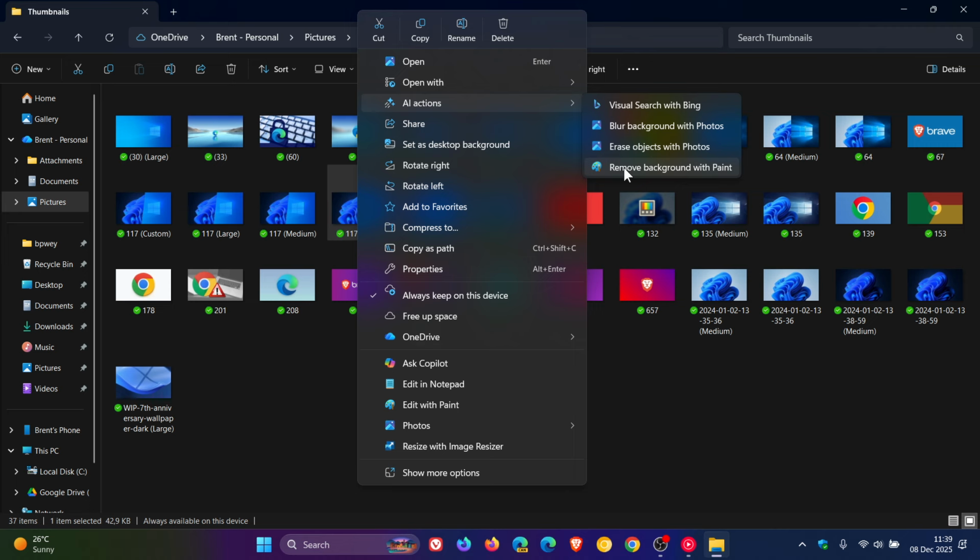Now, I think this is a feature you either like or you don't, because if you don't, there's quite a lot of redundancy, and that might be the reason why you don't like the feature, because it's just adding more bloat to the context menu, which is already ever growing. Because as an example, you can open with Paint, Photos, so there is a bit of redundancy with AR Actions,